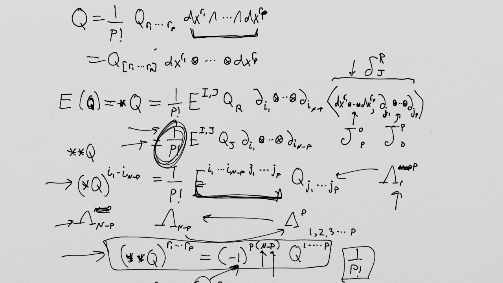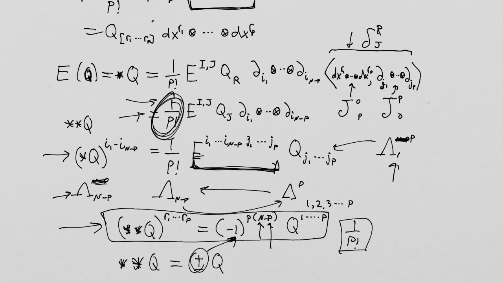This prefactor of 1 over p factorial is just there to ensure that if I take the dual of a p form and I get an n minus p vector, and then the dual of an n minus p vector and I get a p form, I want that answer to be very quote-unquote nice, because it's a convention. I get to sort of choose. But with this convention, the double dual, or the double dual of q, which is going to be a,